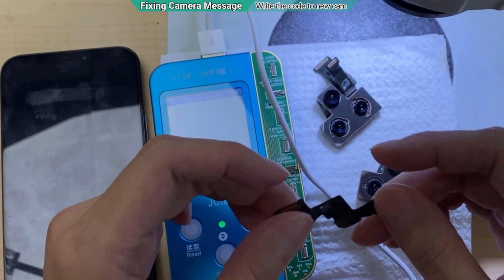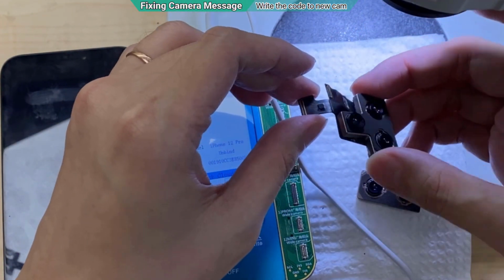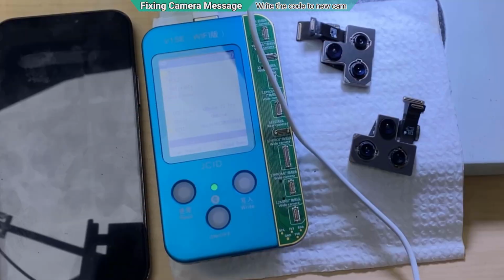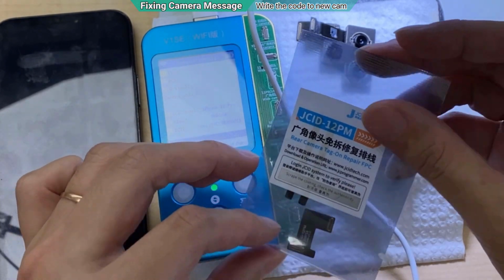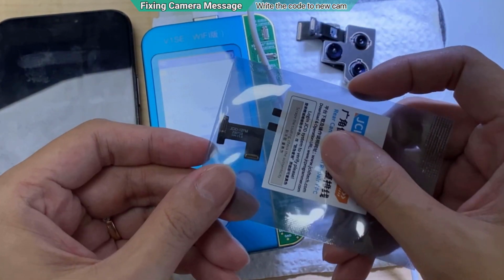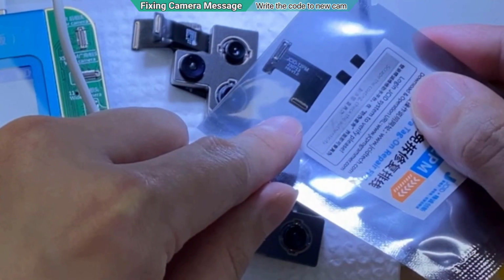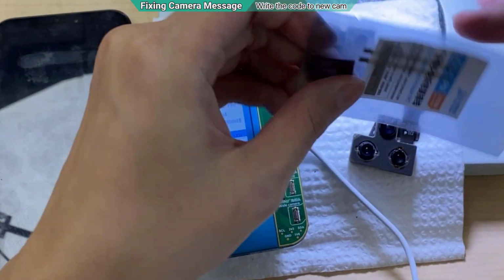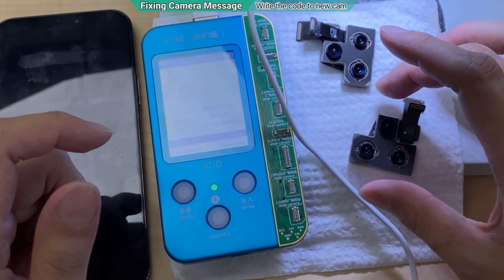Maybe they don't have a place to keep the chip aside, you know. Because the other models are tagged on flags. Let me show you. So let's say this is an iPhone 12 Pro Max. For the camera fix, you can see it is like this. It is a tag on flags. You just connect the camera to here and then this one back to the motherboard. That's it. No soldering needed at all. Only the 12 Pro we need to do so.